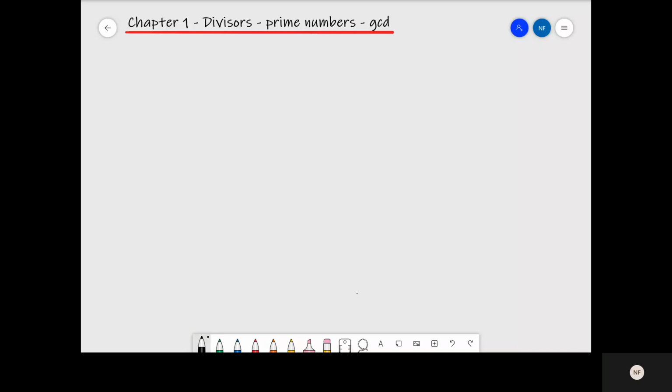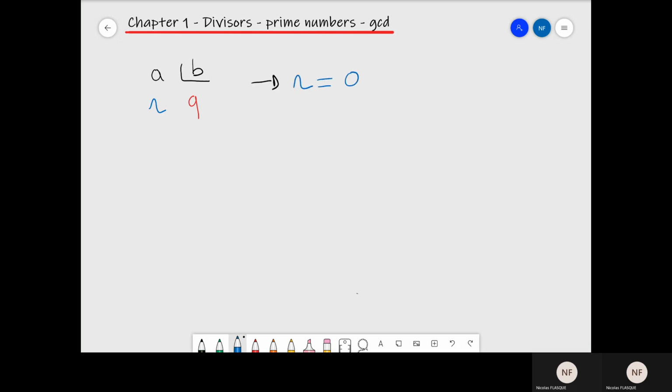So hello everybody, this is the second video about chapter 1 about divisors, prime numbers and GCD. If you remember what I told you in the first video, using a Euclidean division between two integer numbers a and b, there are two values, the quotient and the remainder. The remainder is greater than or equal to 0 and less than b,